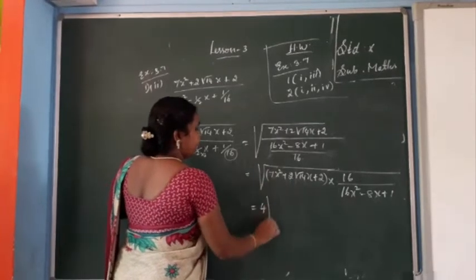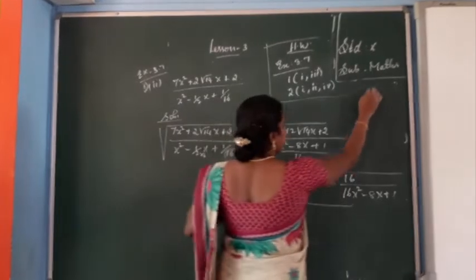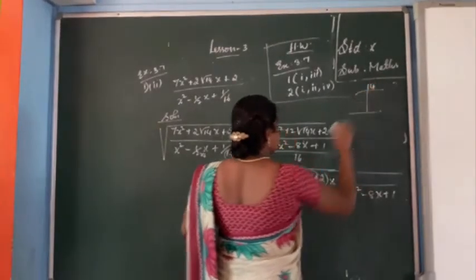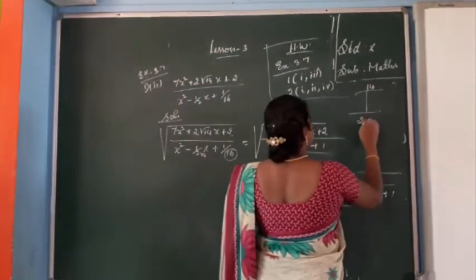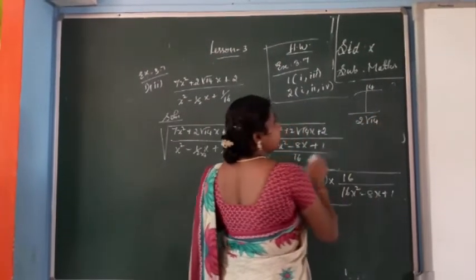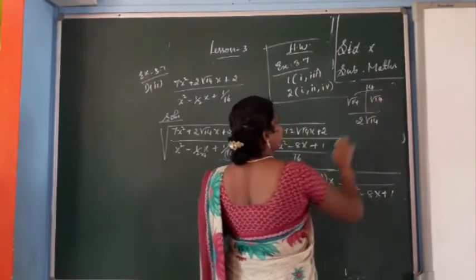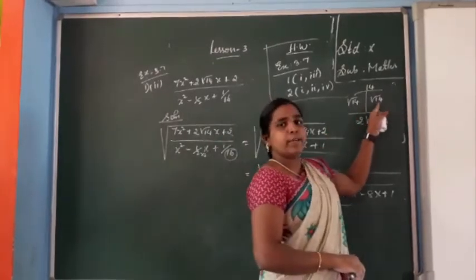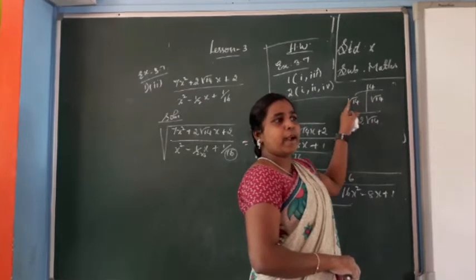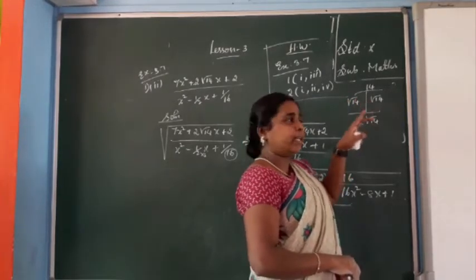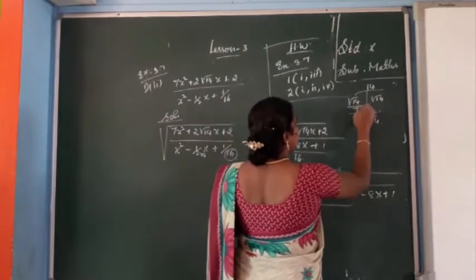Next, the remaining you can factorize now. 7x, so the product is 14, the sum is 2 root 14, very simple. So what are the numbers? Root 14 into root 14, you multiply root 14 into root 14 is 14, then root 14 plus root 14, so 1 root 14 plus 1 root 14, that is 2 root 14. Then the coefficient of x square is 7, so divided by 7.